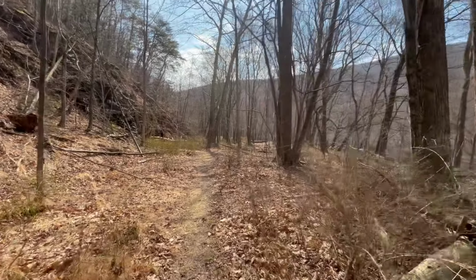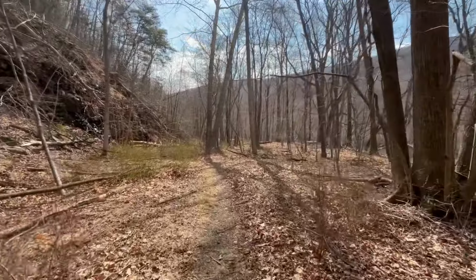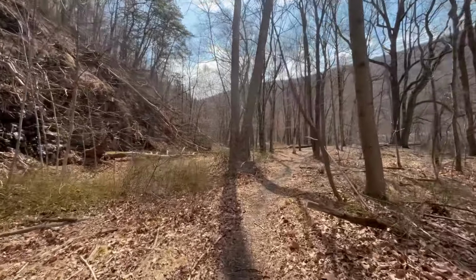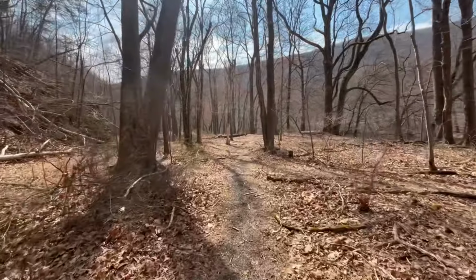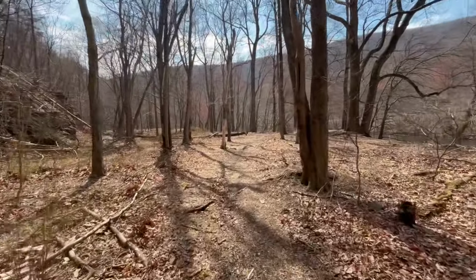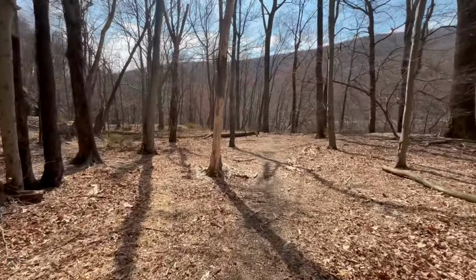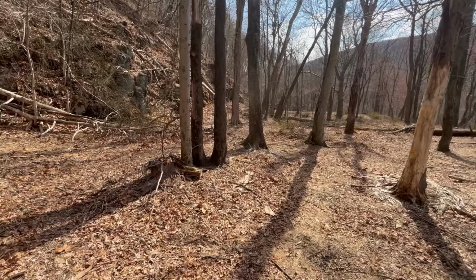All right, so first let me start by saying that recently I came across a set of maps that were penned by Thomas Gill in 1828. They're not detailed in the manner that they show you every little thing that's along the canal, but they're detailed in the most perfect way if you're trying to just retrace the simple parts of it. The dams, the locks, the towpath. Remarkable map. It's online. It's not like it was some great discovery, but I've just recently come across it, and it's really opened up my eyes as to how the whole canal system was working, especially in the area that we've covered over the